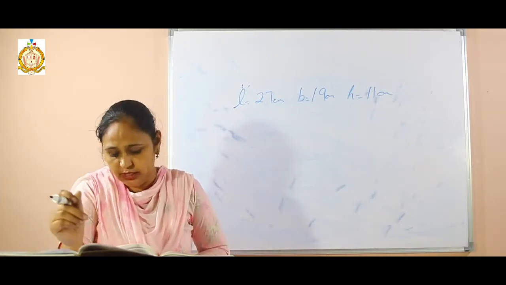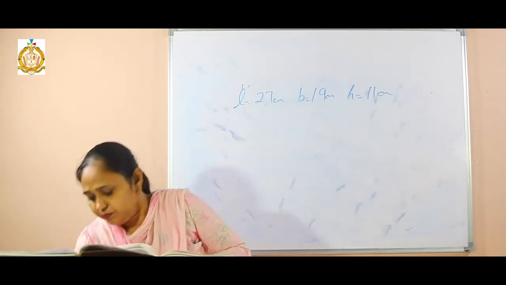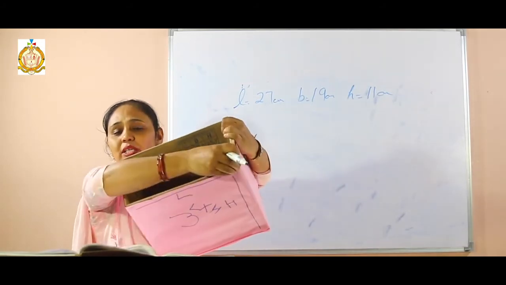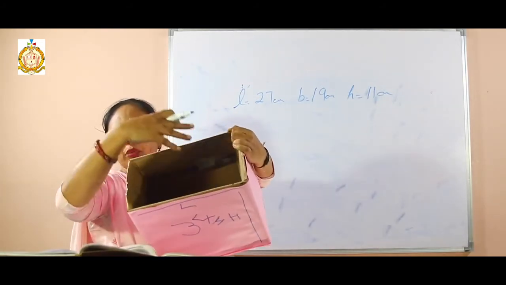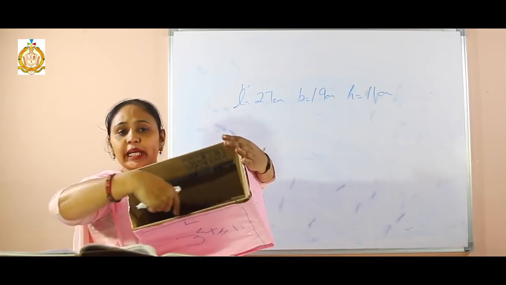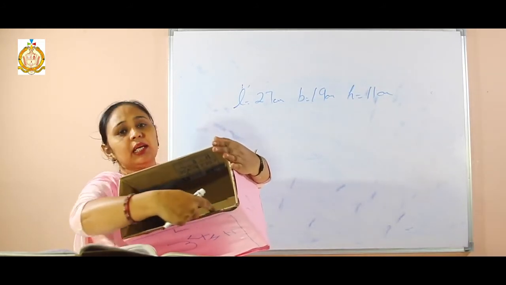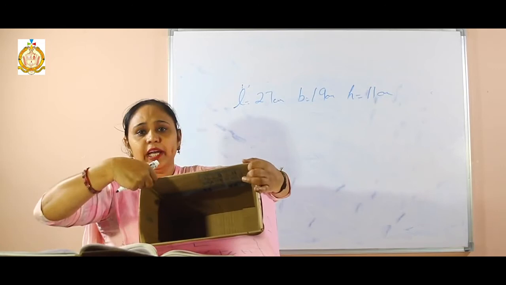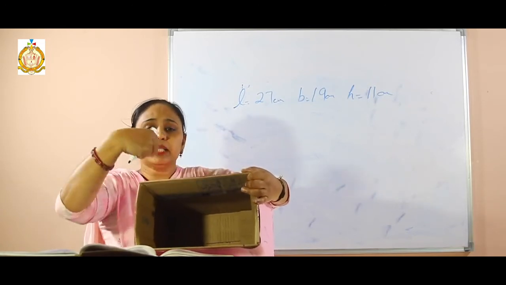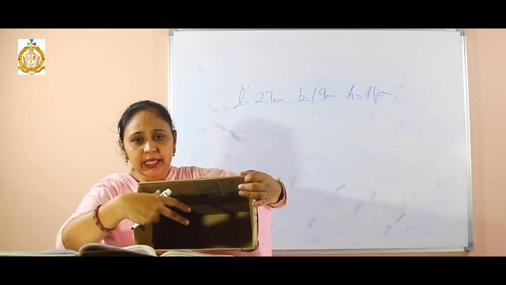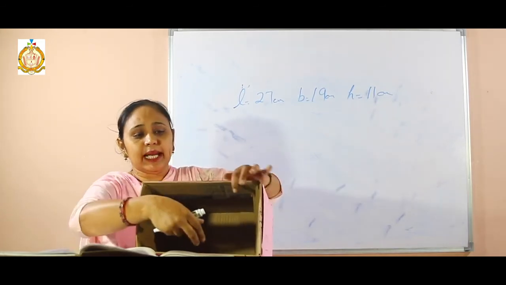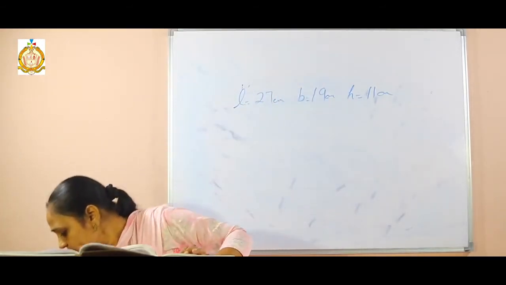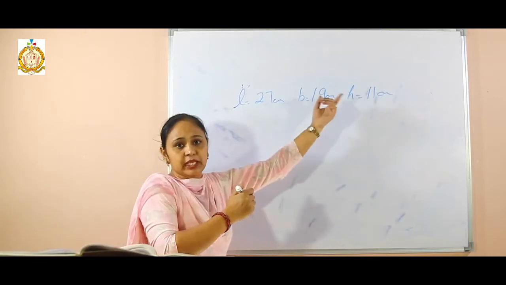Now we want to find the volume. Now see, if I want to fill it, I can't fill here in this cardboard, because this occupies some space. I want to fill inside. That means I will use only the internal dimensions, internal length, internal breadth and internal height of it. Clear? Because this board has occupied space near the external. But if I want to fill it, that means I want to find its volume. That means I have to leave this thickness.